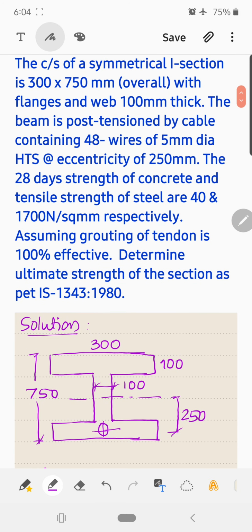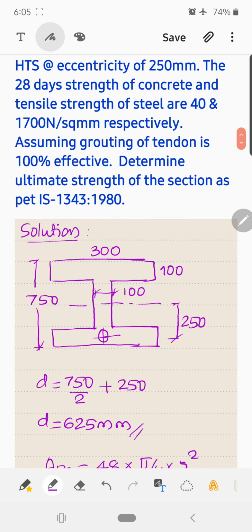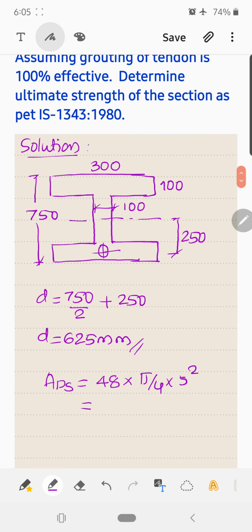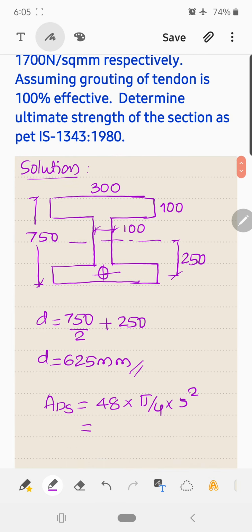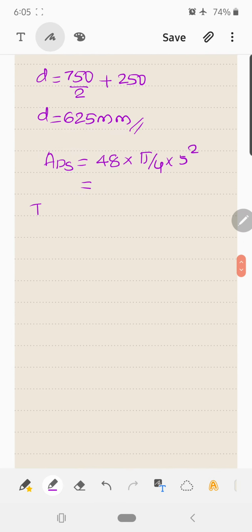Just see, it is post tension, but let us see whether it is bonded or unbonded. Here they have mentioned assuming grouting of tendon to be 100% effective. So that means grouting is done 100%, so there is effective bond between the tendon and the concrete. Therefore it is again post tension bonded. So it is table number 11 only. So refer table 11